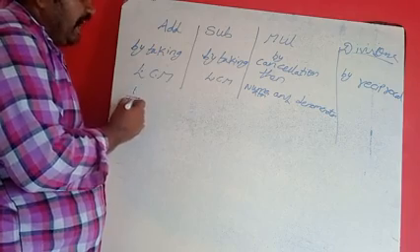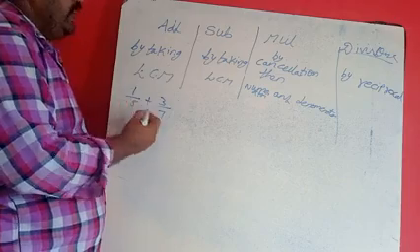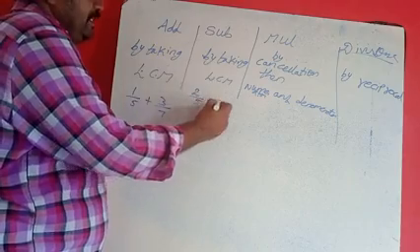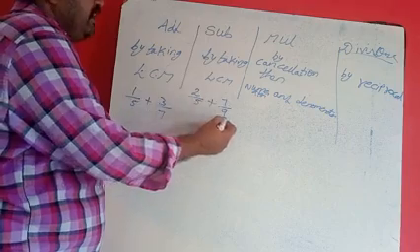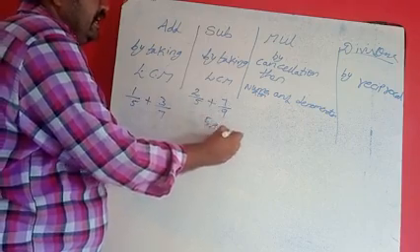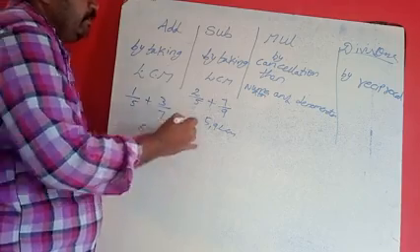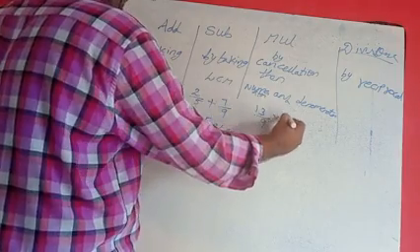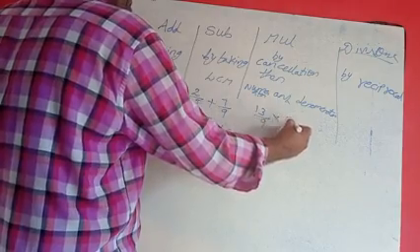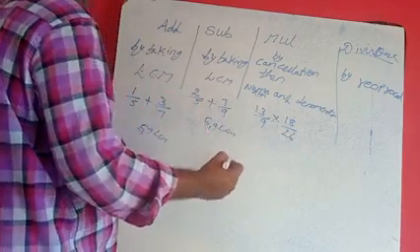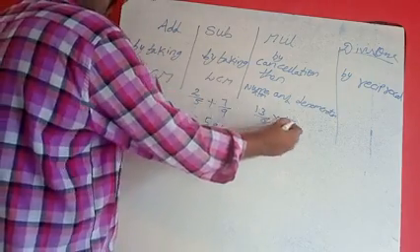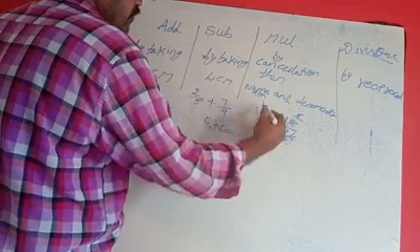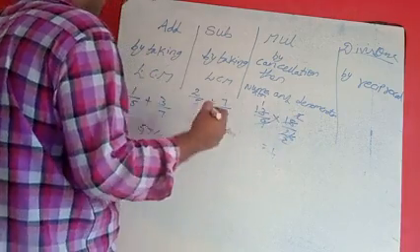What is that one you will see? For LCM: 2 by 5 plus 7 by 9. Taking the LCM of 5 and 9 we have to solve this one. But coming to the multiplication sum, 3 by 9 into 13 by 9 into 18 by 26, like this, here don't take LCM. We are doing cancellation. What is left here, we write those ones: 1 ones are 1, 1 by 1. We are writing like that.